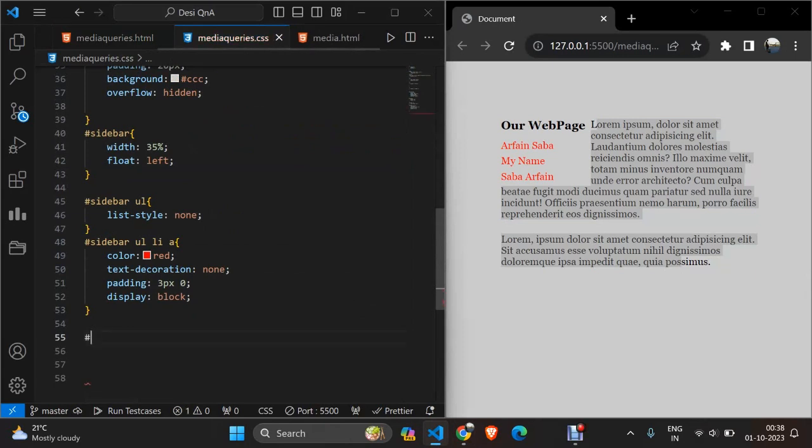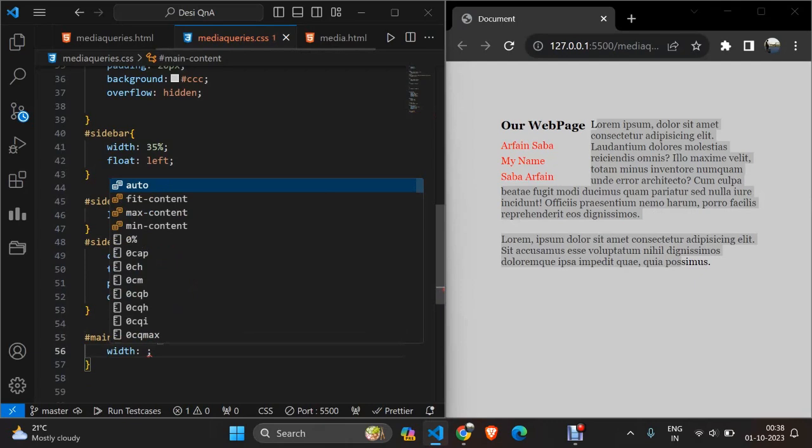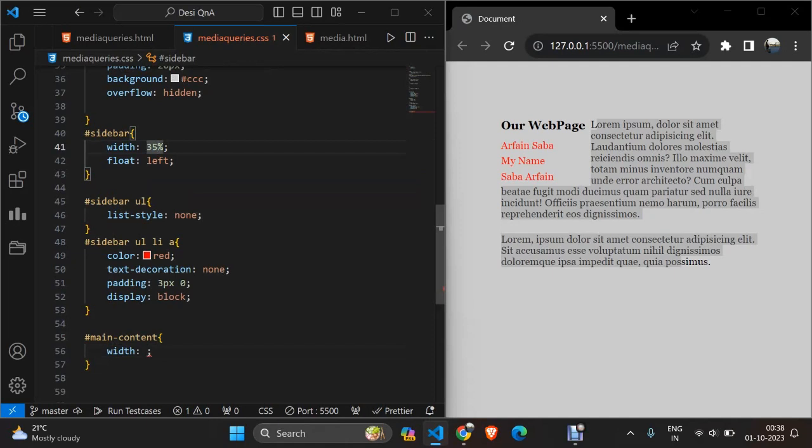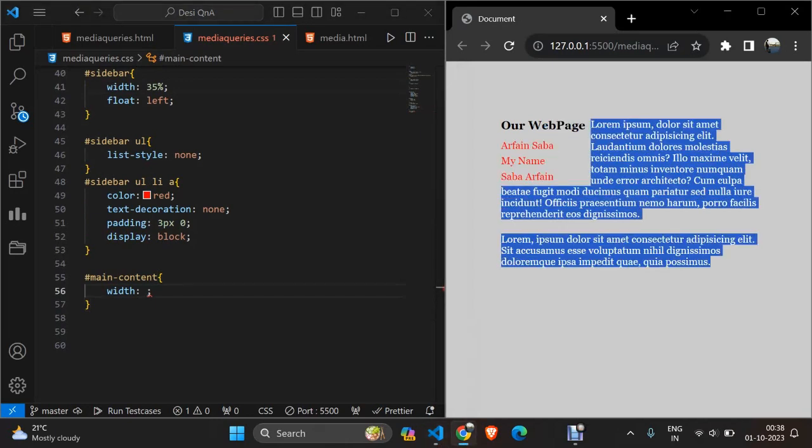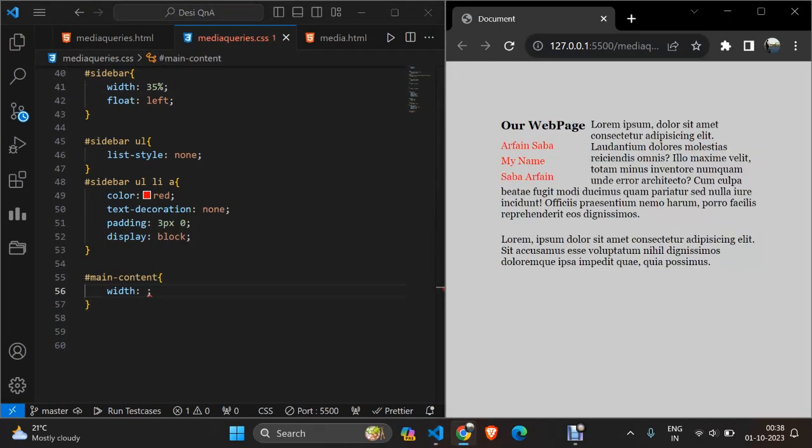Use slash main content, and then we will give the width. Let's give it what we have given the width here, which is 30%, 35, right? So if I give some 65 over here, it will correctly align to the entire 100% of our web page. So let's give and see